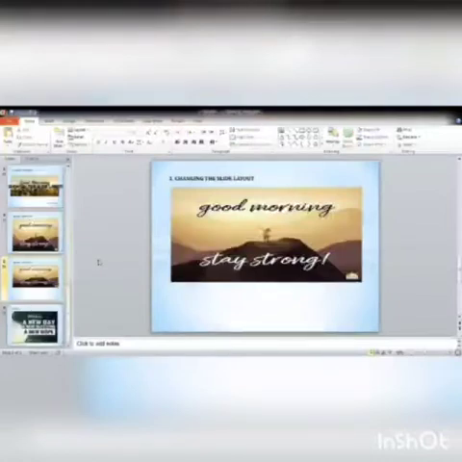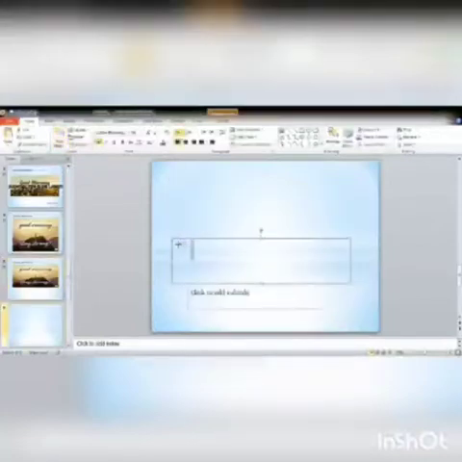Next topic is inserting a text box. Sometimes you may want to add more text than the area provided for entering text. Let's take an example of how to insert a text box into the PowerPoint slide. Go to the Home tab, add a new slide. Now you will get the blank slide. For inserting a text box, go to the Insert tab, click on the text box and just drag the text box onto the plain slide.